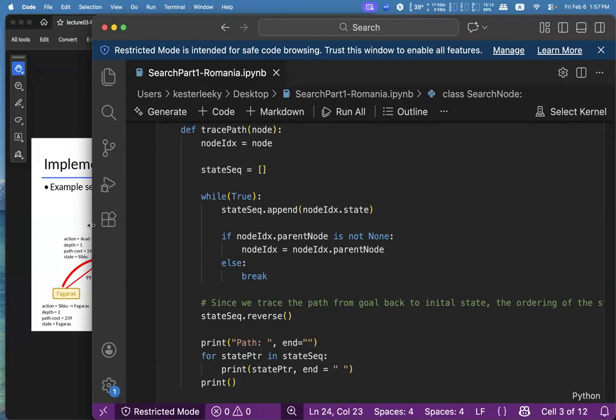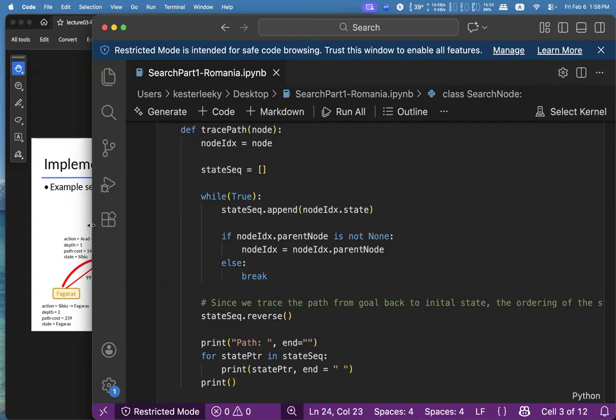If it's not null, then we update node IDX to the current node IDX's parent. So we loop and gradually trace from the leaf node back to the root node. We keep on looking at the parent node, and for the loop variable, we keep updating it to the parent node. So this is the way we do things.